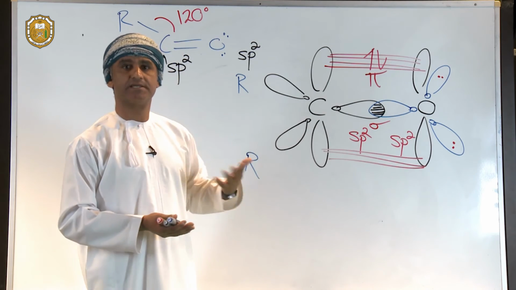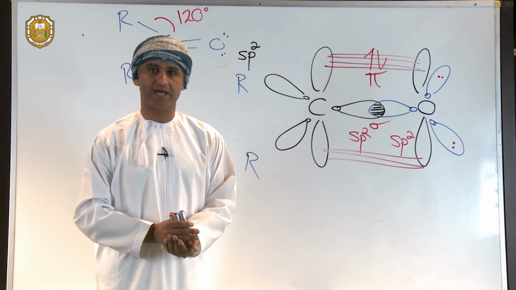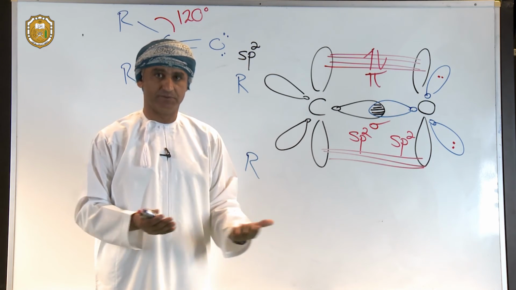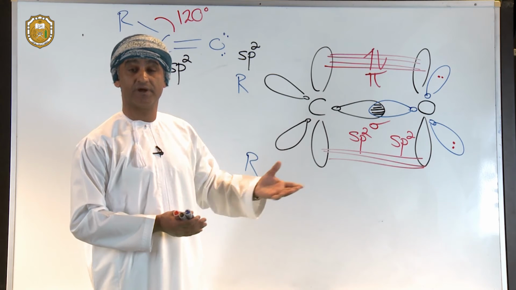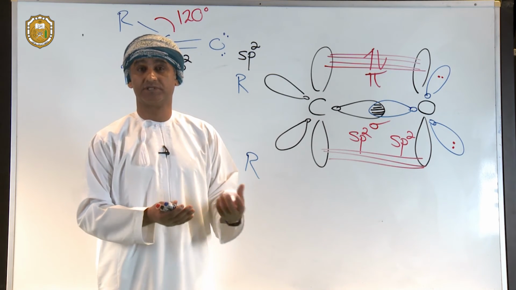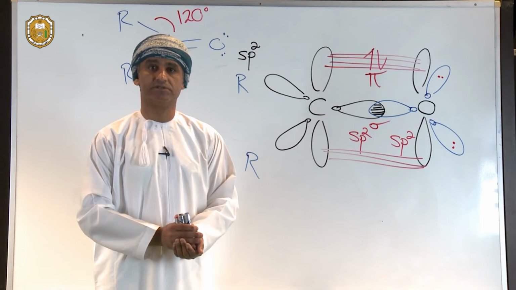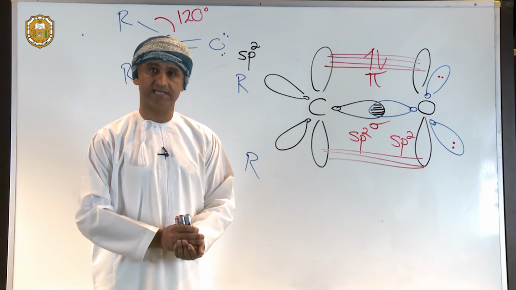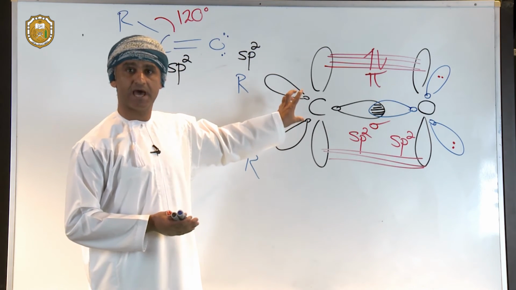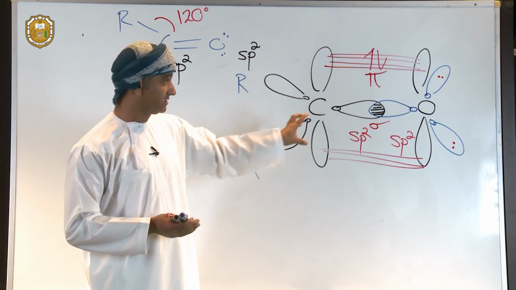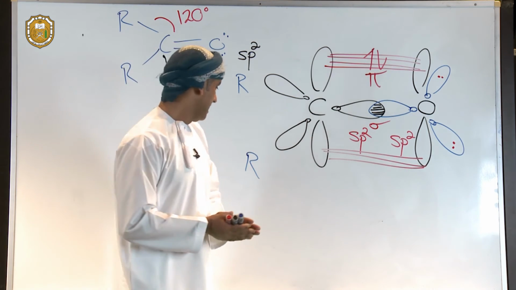But why is the carbonyl group reactive? Why is the carbonyl group electrophilic at carbon? And why is it, for example, also nucleophilic at oxygen? In other words, why is the carbonyl group reactive, whereas a carbon-carbon double bond is not as reactive? In other words, why is the carbonyl group susceptible to nucleophilic attack at this carbon, whereas a similar carbon in a carbon-carbon double bond is not? Well, that's because of the difference in electronegativity between carbon and oxygen.